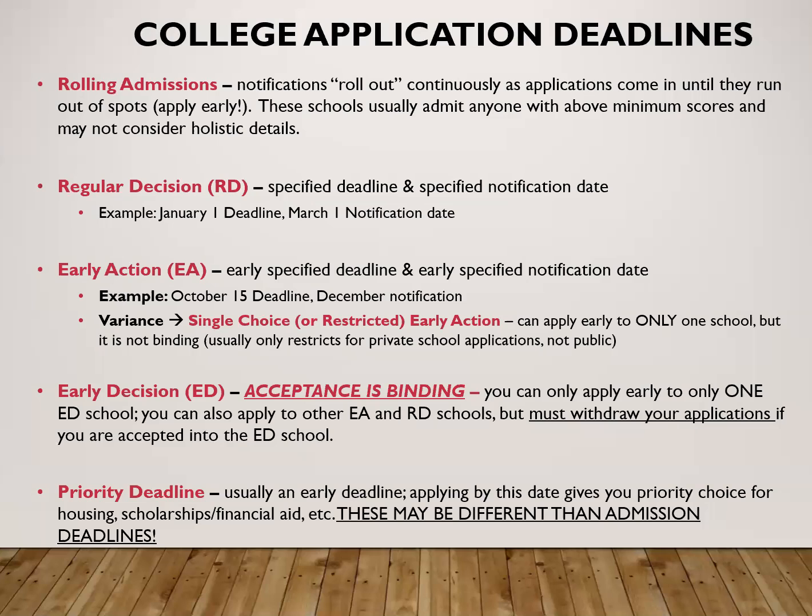Let's say you have a deadline of January 1st. That means everything has to be in by January 1st, and then this college will let everyone who applied by that date know on a specific date, maybe March the 1st. That's when everybody finds out. That's a regular decision. Early action is kind of similar to regular decision, except it's earlier in the school year. It is usually October, November, December. So you apply earlier. It's usually the same criteria. You apply by a date and you hear by a date. And it just gives you the ability to apply earlier to a school and go ahead and get an answer and be able to move on and get some colleges under your belt.